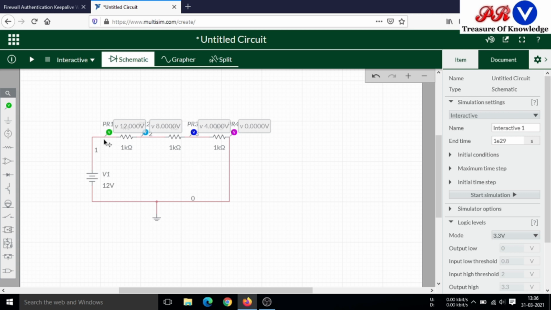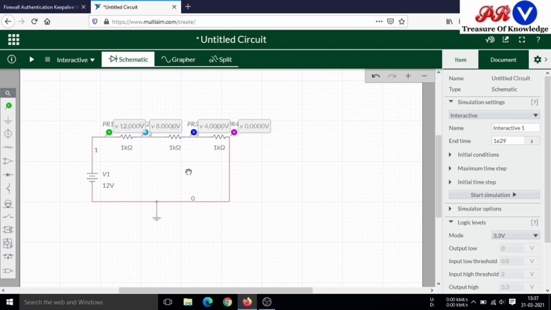Across this combination of three resistors we have 0 to 12 volt, and across the first resistor we have a voltage drop of 4 volt, from 0 to 4. From 4 to 8 volt, a 4 volt drop also occurred here, and then from 8 volt to 12 volt, again a 4 volt drop across this resistor. So the total voltage drop is 4 volt plus 4 volt plus 4 volt, which is 12 volt.